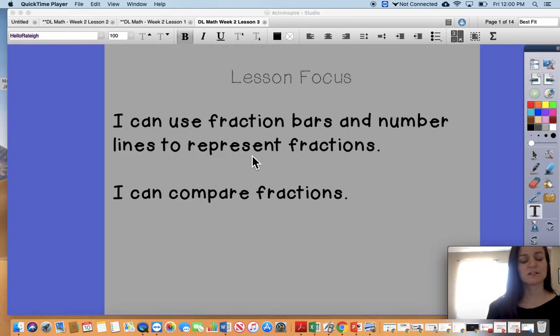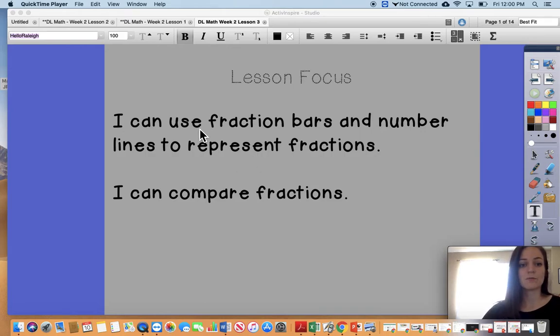Hey third graders, so here's the third lesson of our second week of review. So I gave you guys the opportunity to vote on which lesson you wanted to learn about, and it looks like most people wanted to review fractions, which makes sense because that was a pretty tough unit. And so we're going to go over